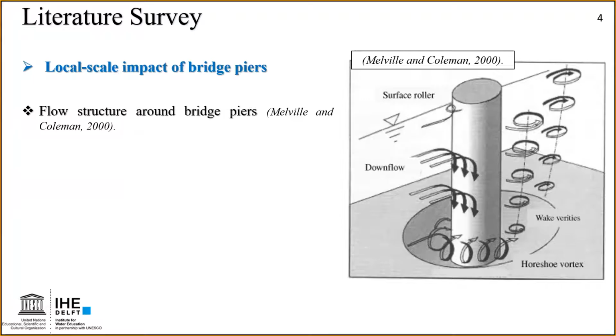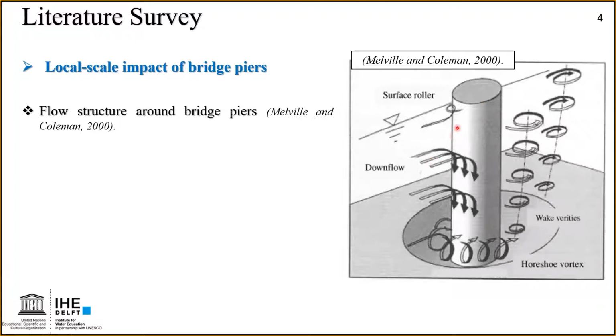Now we move to the literature survey. We have a lot in the literature, but here we put the most important points. First, about the local scale impact of the bridge piers, we could understand the flow structure around the bridge piers in its vicinity, as we can see on the right-hand side here. You can see here when you install a bridge pier in a river, it creates a stagnation pressure and